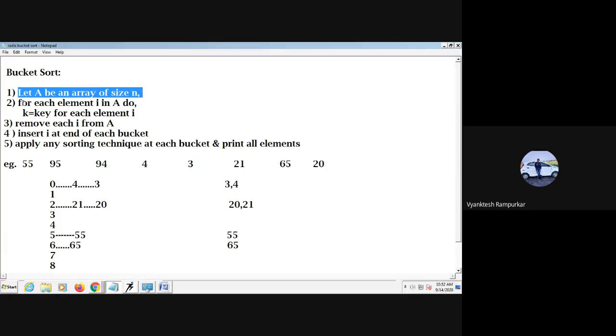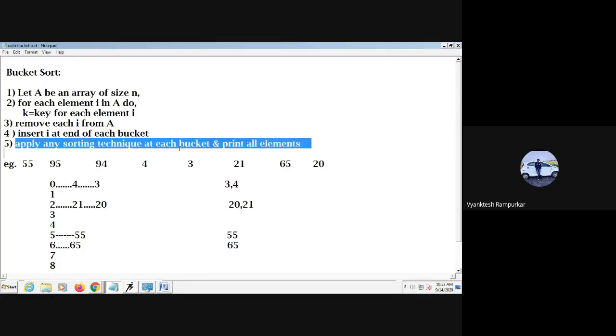Then for each element I in array we do the following. We compute key for each element I. When we compute key, we remove element I from A, and then we insert that element at the end of each bucket. Finally, we apply any sorting technique at each bucket and we print all the elements.